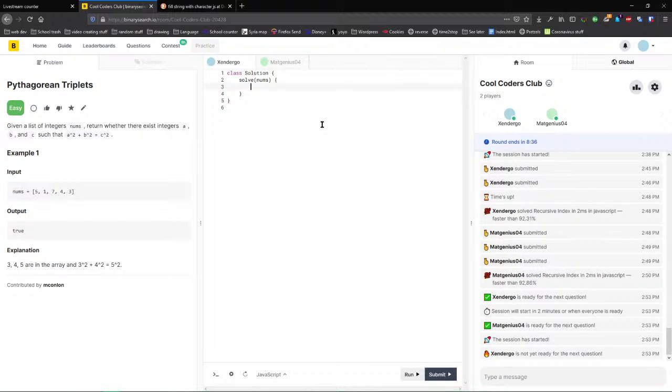Okay, I have an idea. So let's do for let i equals 0, i is less than nums.length and i plus plus. So we're just looping through all the numbers. And then